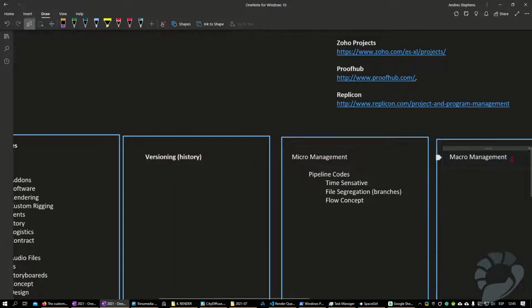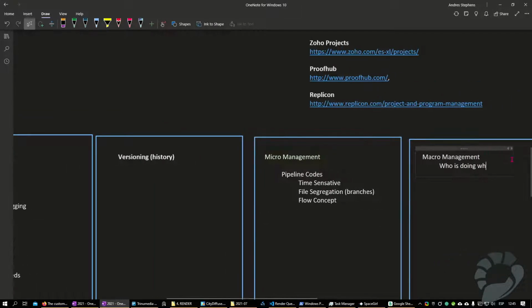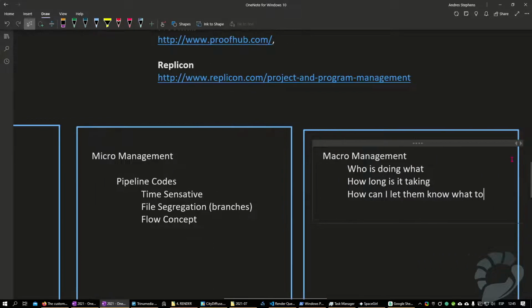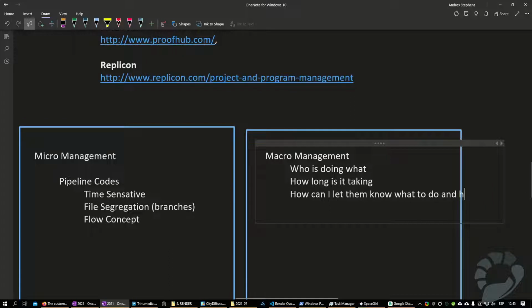And then macro management is like, okay, so who is doing what? How long? Are they doing it in time? How long is it taking? How can I let them know what to do and how to do it? That's the macro management of managing the team, making sure the whole project's advancing, that everything's working